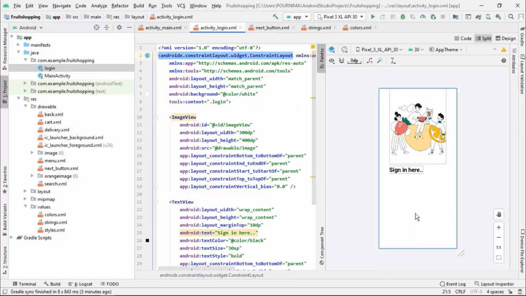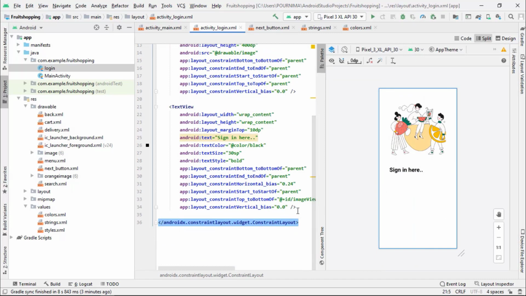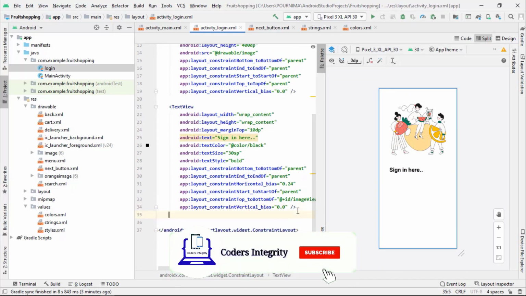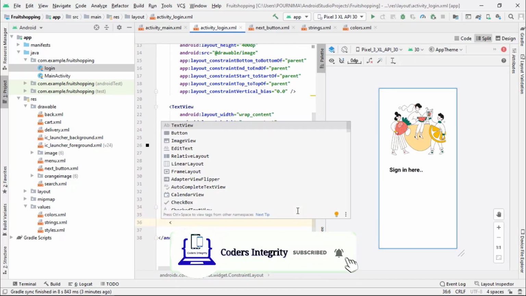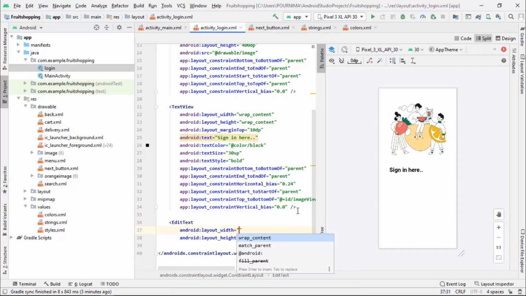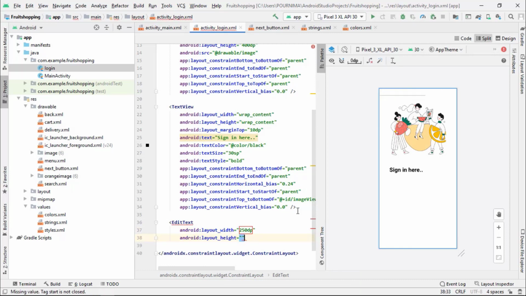Cool. Now for mobile number, let's take an edit text. So say edit text, width will be say 250 by 50 dp, and we will add the hint for this edit text which will be mobile number.